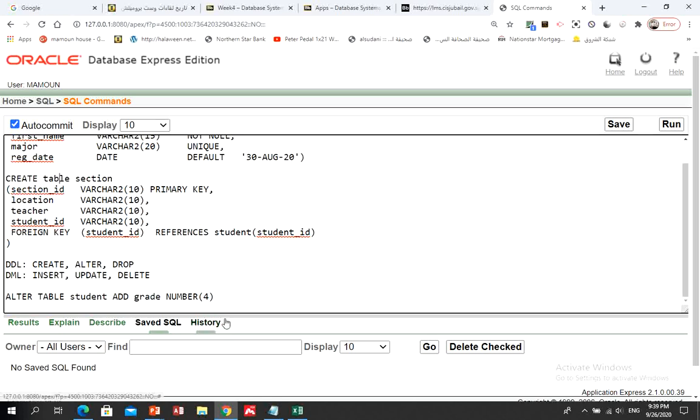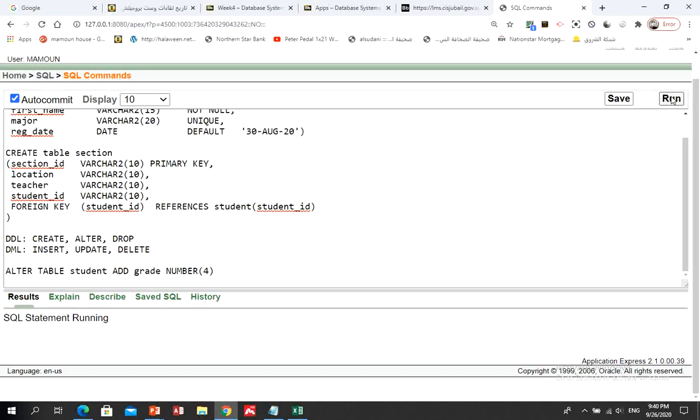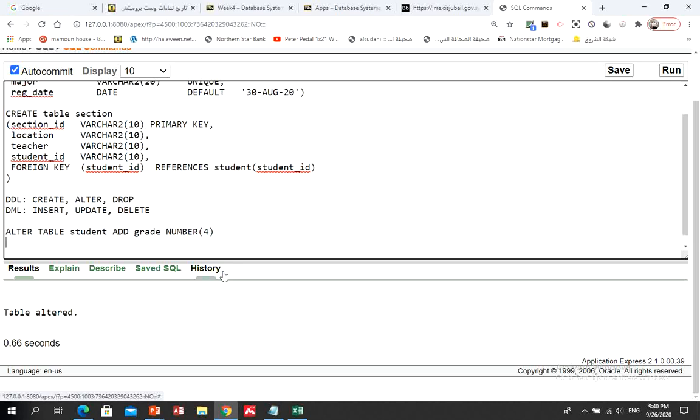So what do I do? Shall I just drop the table and recreate it again with the grade attribute? Of course not. I will leave the table created there, and I will add another column, which is the grade. This time I would like to give the data type number, and the data size is 4. So I would like to alter the student table by executing this command, and here the table is altered. I would like to check if the table is altered by doing what? Again, describe